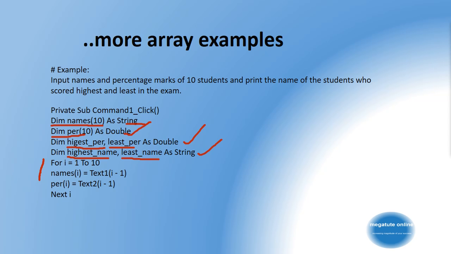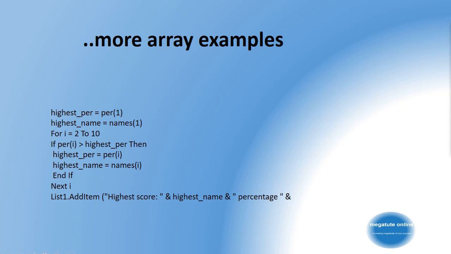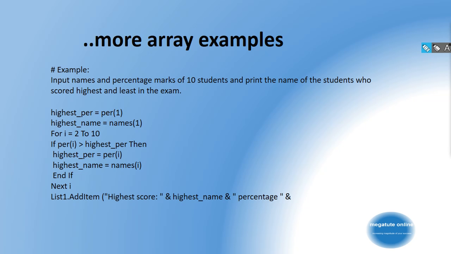So in this particular loop, we have taken the input. We are taking the input of names from the text one series of boxes, and the percentage from the text two series of boxes, and storing it into the corresponding two arrays. All right. Now after storing it into the array, what we'll do is we'll assume that the first